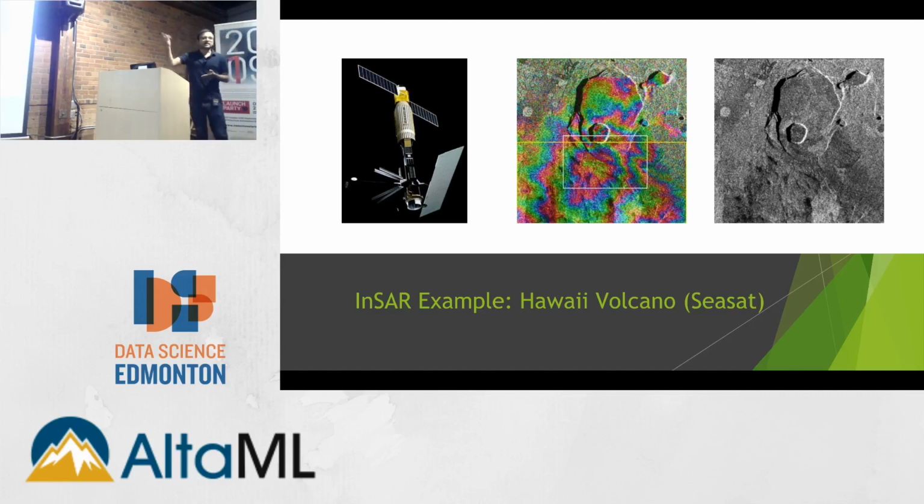Because this is a wrapped phase, there's usually an ambiguity. Because it's modulo 2 pi, it's n 2 pi plus something. So that's why you see this kind of interferometric fringes. These fringes appear when I subtract two images,